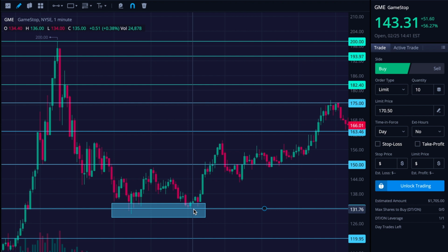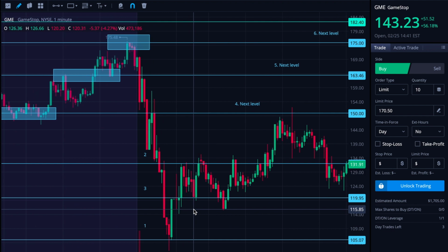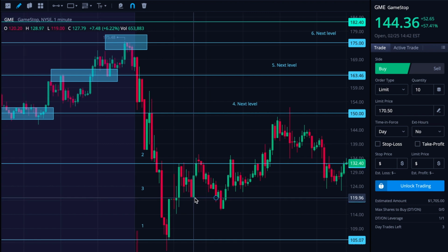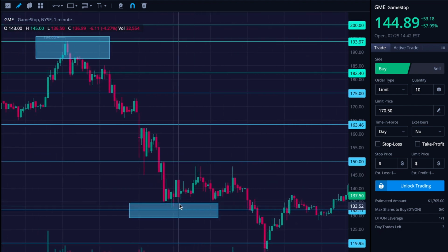Just because something was previously an area of support and got bought up, if you're below that at this point, you're going to hit some sort of friction as you try to get past it. So previous support becomes resistance, and that's all that's happening here: this 131, 132 zone became resistance this morning. So we hit it, bounced off of it, and came down to this third zone, or third level, I should say. And at this 119, if we draw it back,